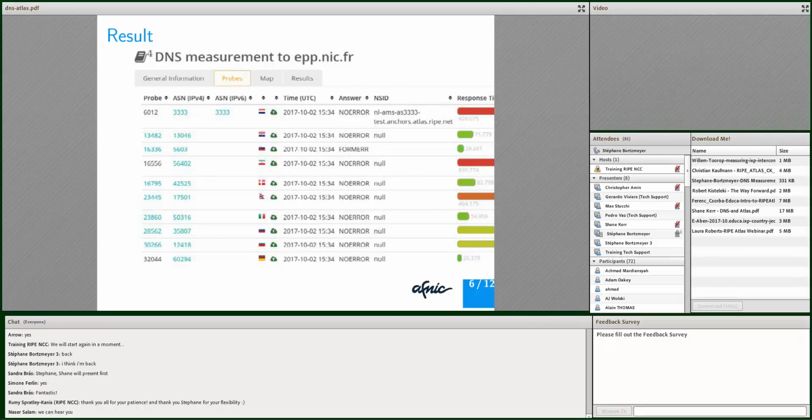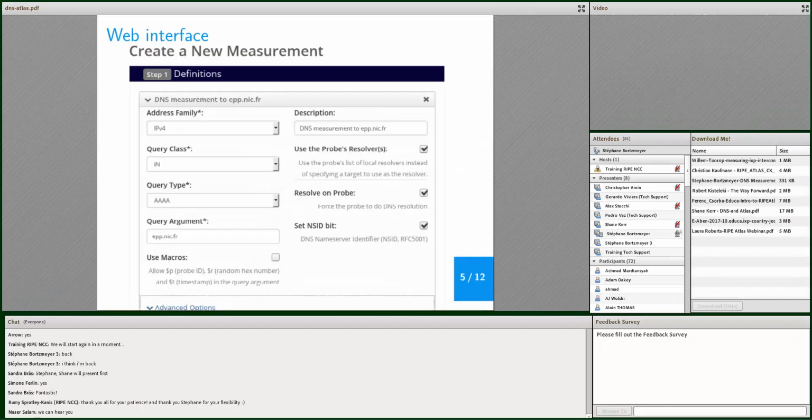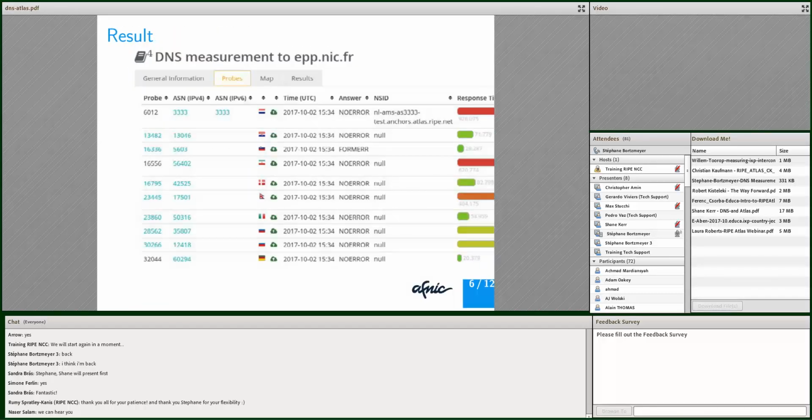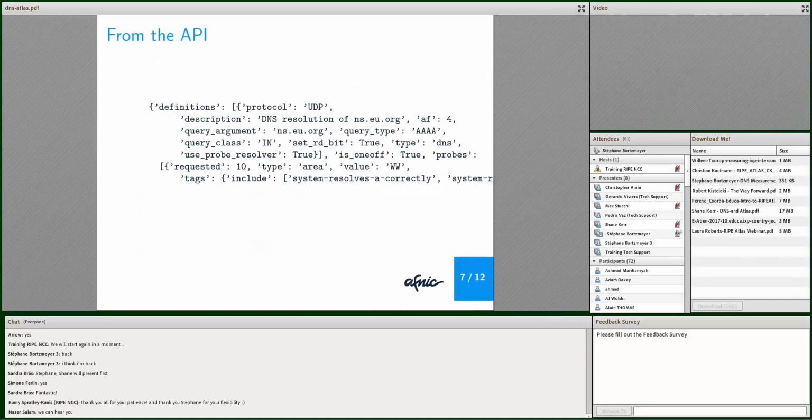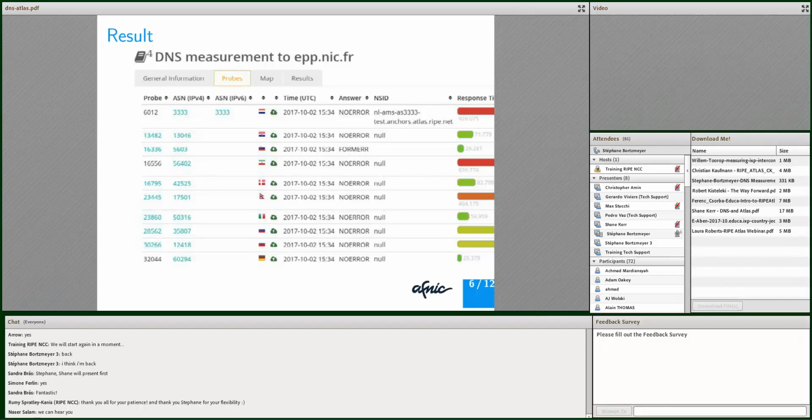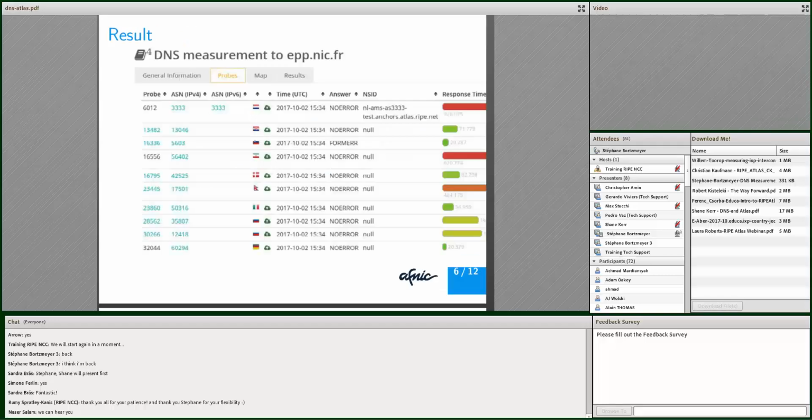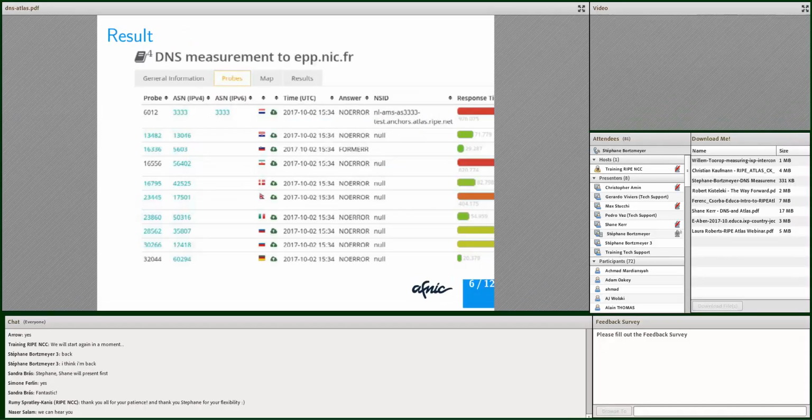Be careful because the way it's represented can be disturbing, because the color on the right is the response time of the probe. And it does not mean that the result was correct. If you see the third result, for instance, which is displayed here, it's FORMERR, format error, and in that case it's a mistake. The resolver had a problem, but the response was very quick, hence you have a very short response time, and